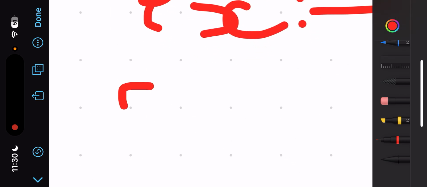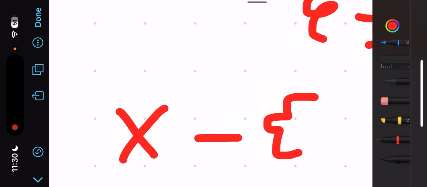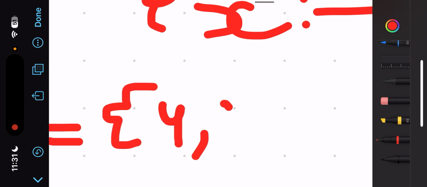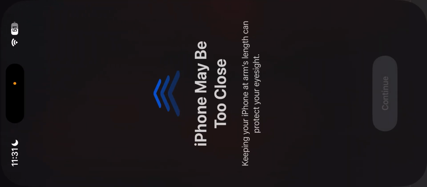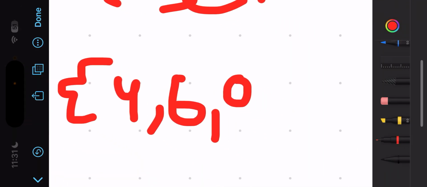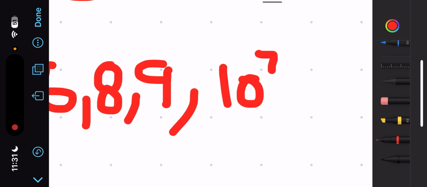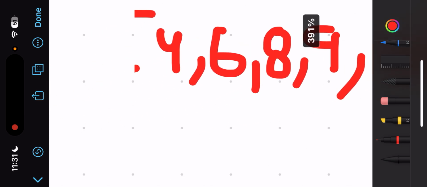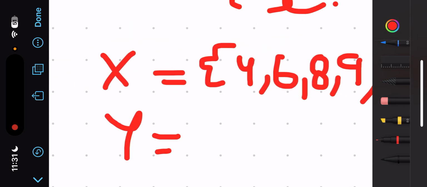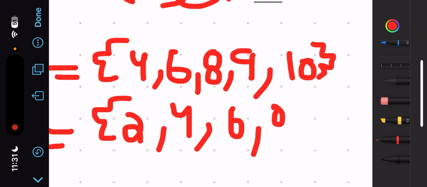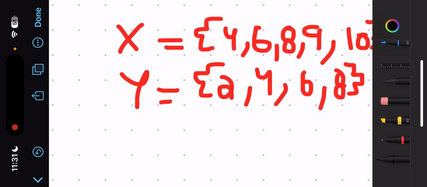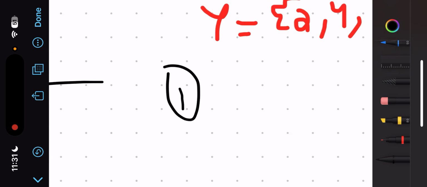For example, here are two sets. Let me give you an example.